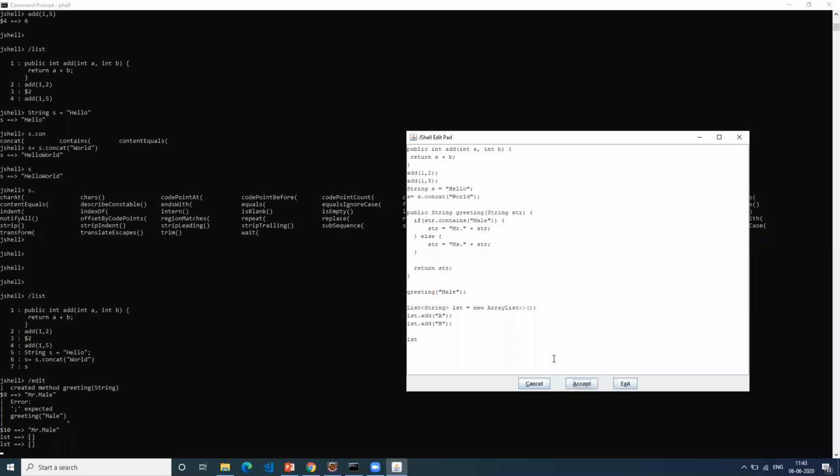The list is empty. Why is the list empty here? I have created a list here, so the list should have been printed here. It's empty. Why is the list empty? Anybody want to help me here?